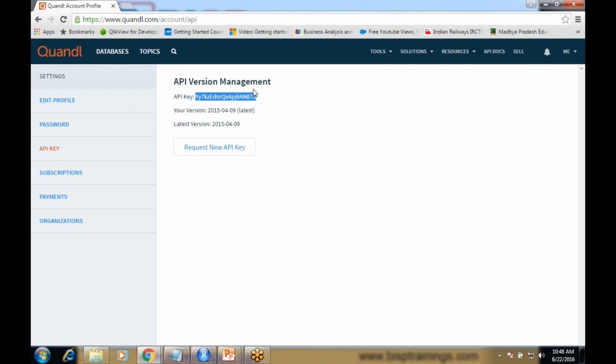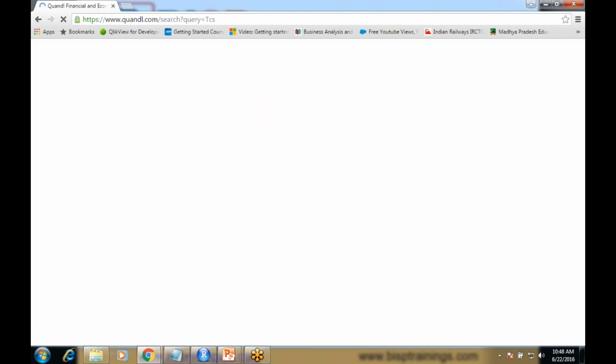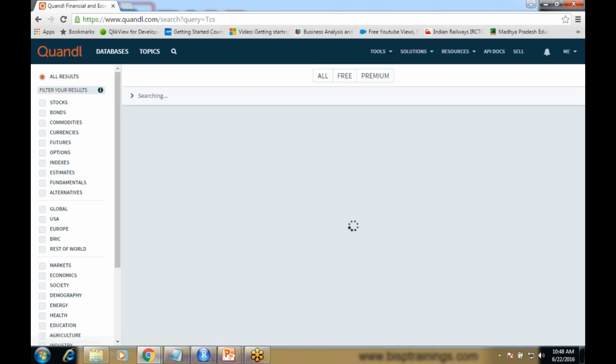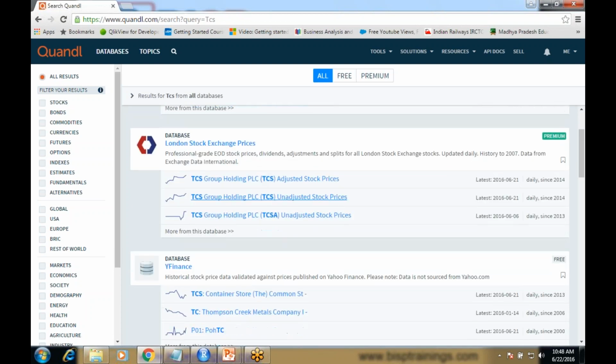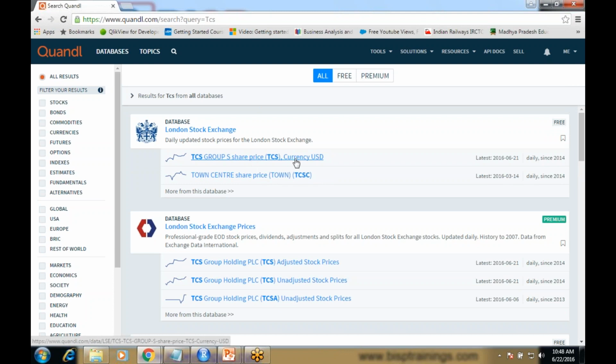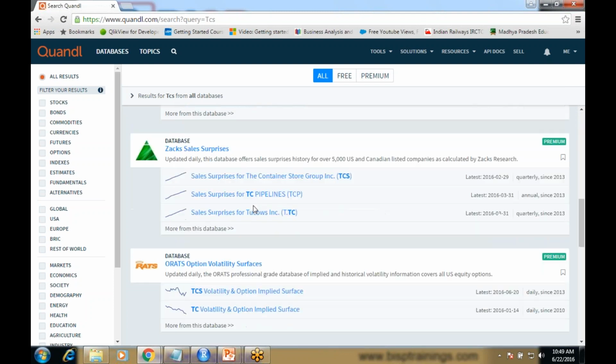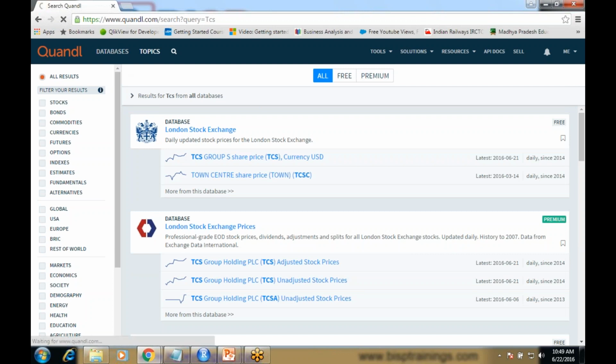Quandl not only provides financial data, but it also supports demographic and economic data. We can easily search by using the search option. So I click on search and I'm looking for TCS data, so I enter TCS. It will give me the TCS data for the last 5 to 6 years. As you can see here, I've got the stock prices, the share prices of TCS in USD or in other currencies as well. Or you can directly click on database,